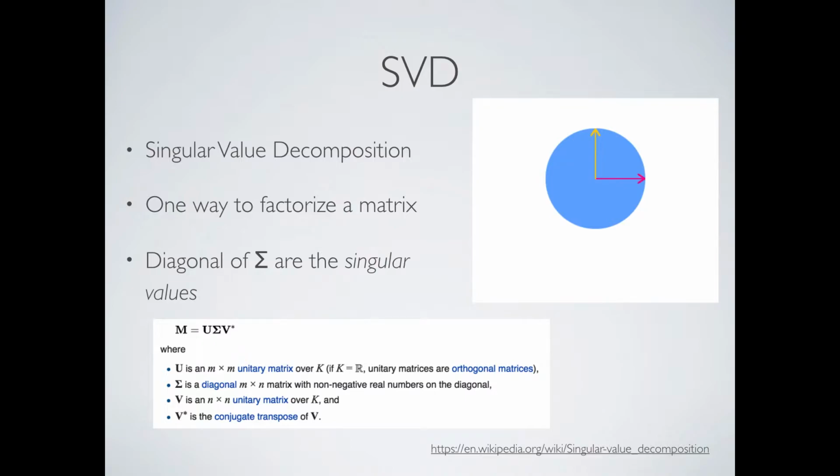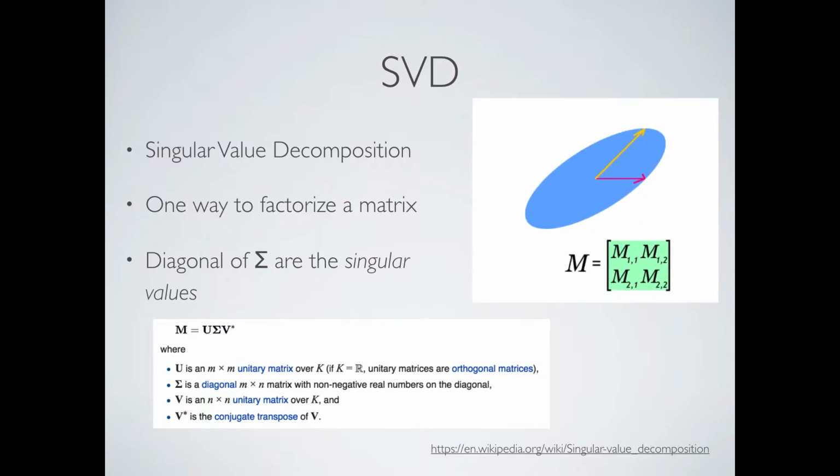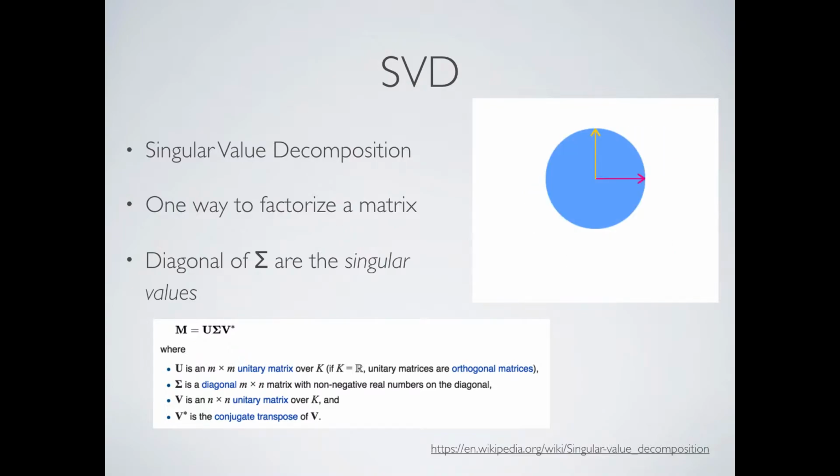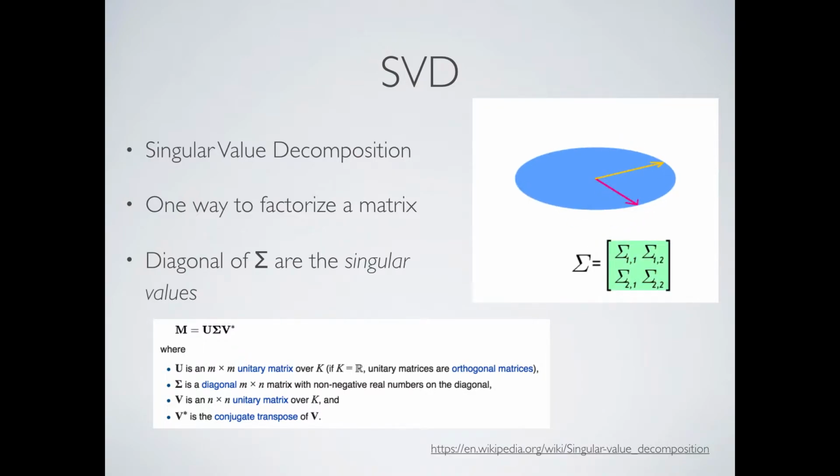First, let me talk real quick about singular value decomposition. This is the only formula you're going to see today, and I can explain it because there are only three things in the formula. What you mostly want to be concerned about is that what SVD does is split a matrix into three other matrices. The key here is that the middle one, sigma, holds what are called singular values. It's a diagonal matrix, and those are the singular values you use to project your input data onto this new space.